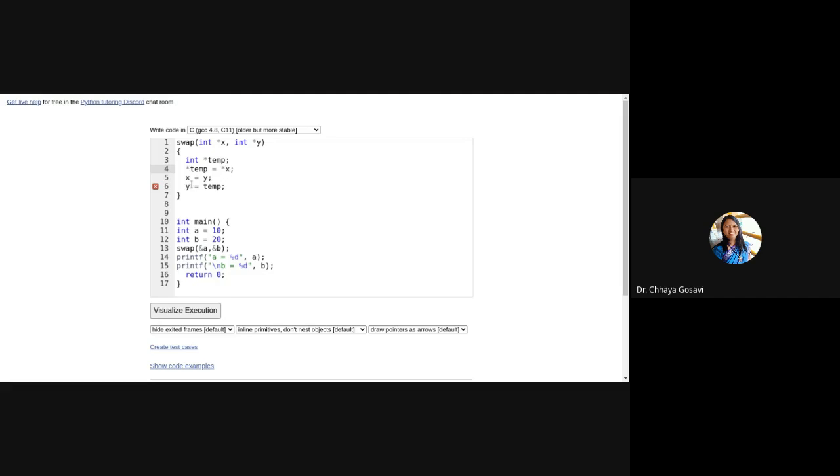Instead of directly going to that value, we go through the address. So x is pointing to where a is stored, and y is pointing to b. So what we have done is, instead of passing just values, we pass the references, and to store these references, we need pointers. Now let's check.